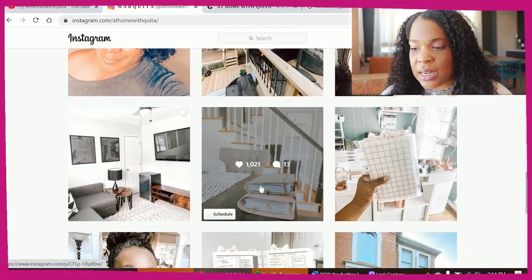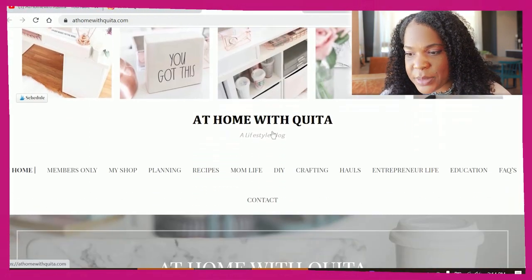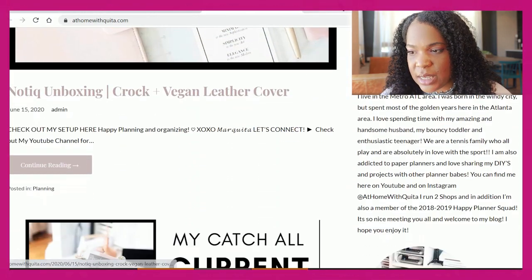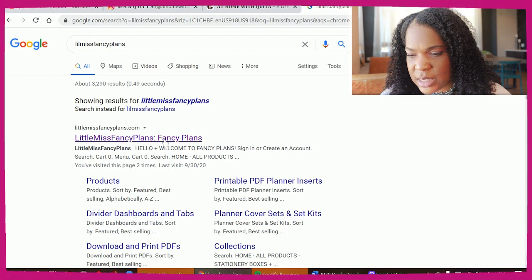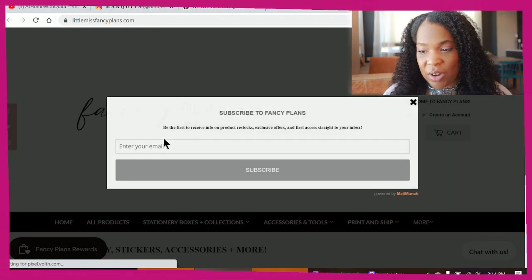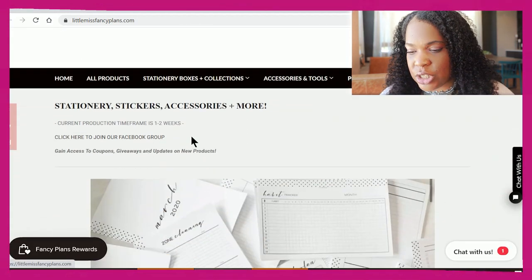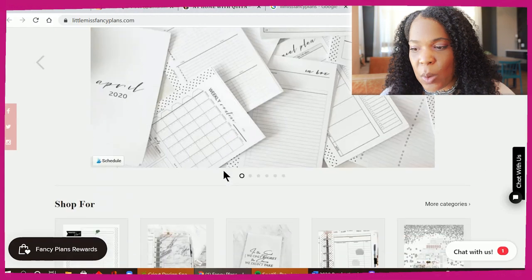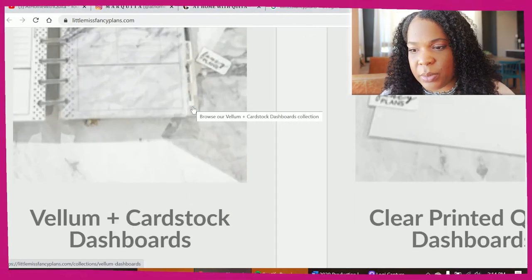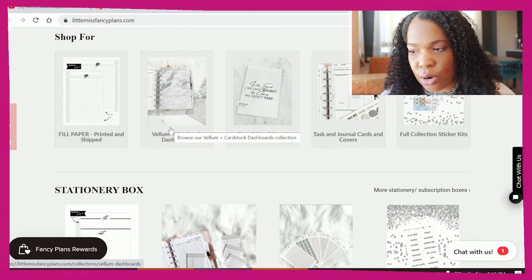But what you'll see in addition to that is, now this is her website, right? Her daughter's there, but when you look at her business and you go over to Little Miss Fancy Plans, let's go ahead and pull up that site now. Same thing, very consistent. Notice the gray bar here. Notice that she's using the same fonts, black and white. Even in her products, they are very minimalist. And I'm gonna zoom in just a little bit because you'll see that same marble throughout her branding.